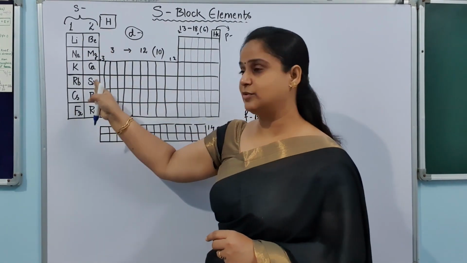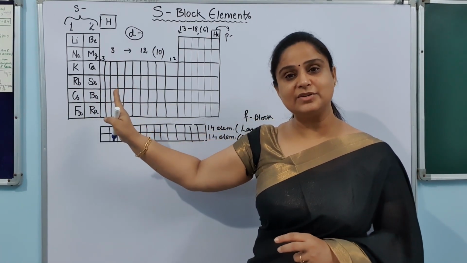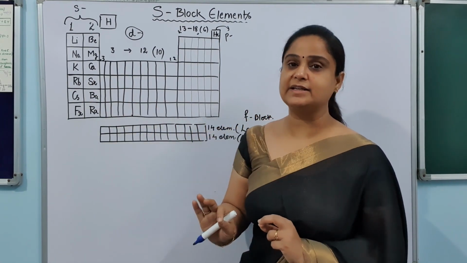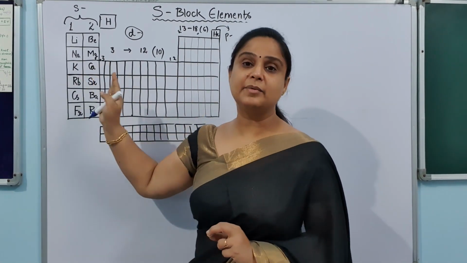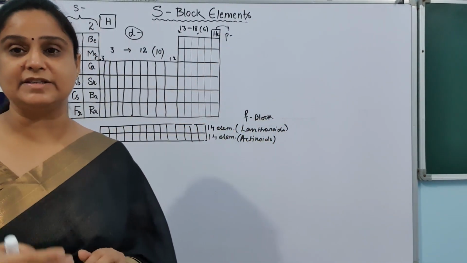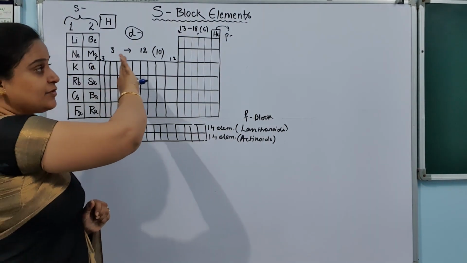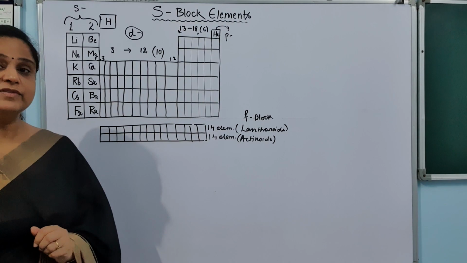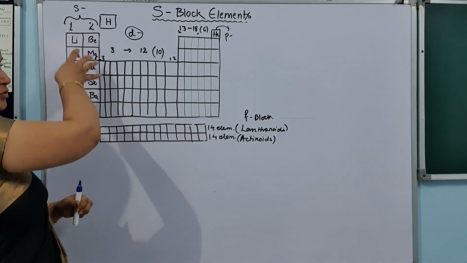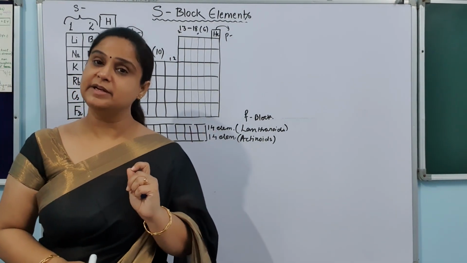So here it is, group 1, group 2. I have written down the name of these elements only so that we can concentrate on them. While looking at the position, one thing we can understand here is that these elements are metals. How do we know that? We have learnt in the periodic classification of elements that the metallic character decreases from left to right. So these elements which are kept on the left hand side are the best metals in their respective periods.